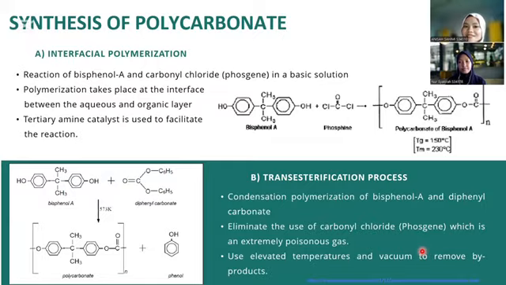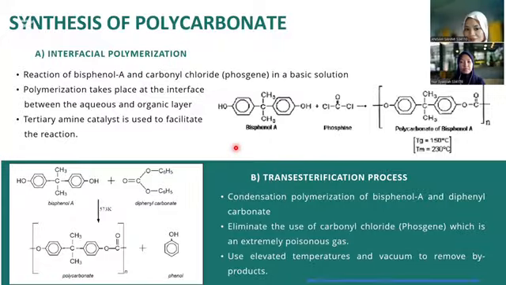We will look at the synthesis of polycarbonate. Polycarbonate, or PC, is produced by condensation polymerization between bisphenol A and either carbonyl chloride or diphenyl carbonate. So there are two types of synthesis of polycarbonate. The first one is interfacial polymerization. The polymer is usually formed by the reaction of bisphenol A and carbonic chloride, phosgene, in a basic solution. As you can see on this slide,